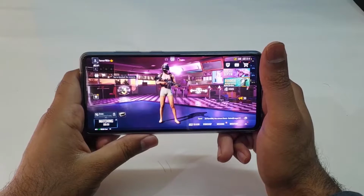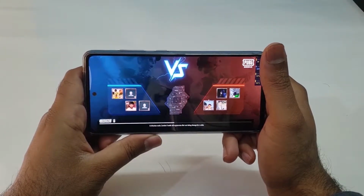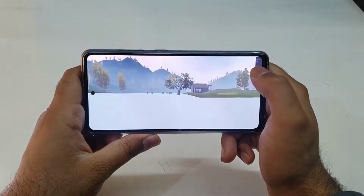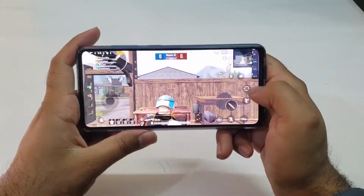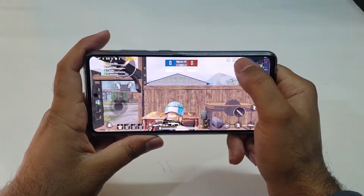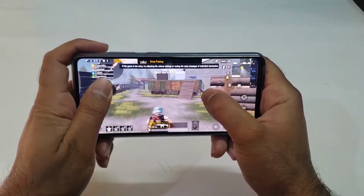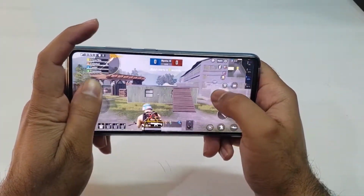So here we go. We have just started the match, and I'm going to play it for a few moments and see how the FPS is going to perform, whether it's going to be stable or not. So I have to turn off that. Since you are seeing that its FPS is right now performing better,